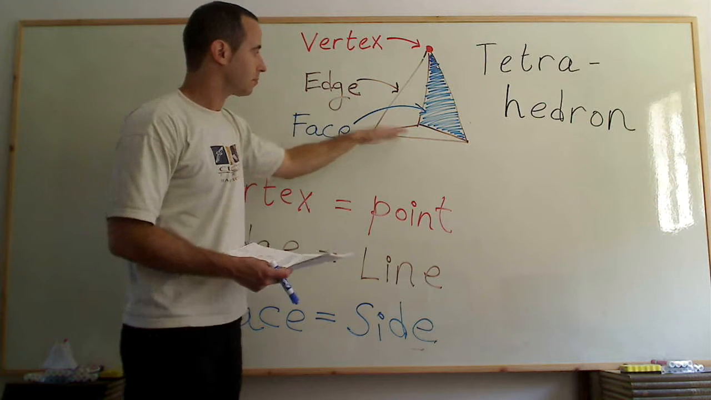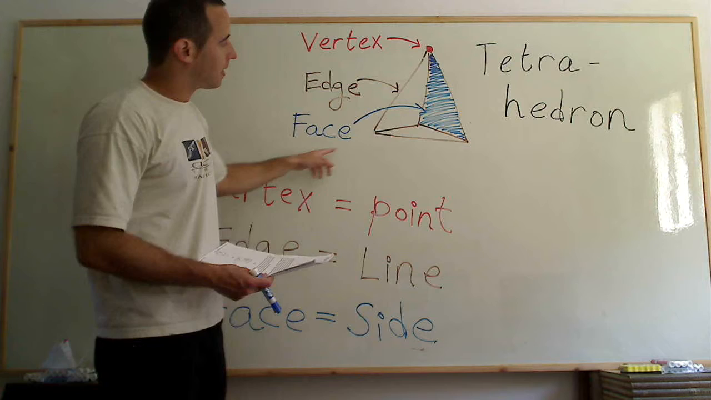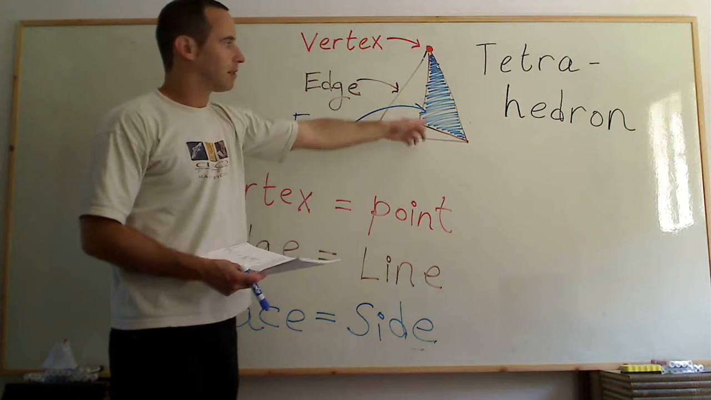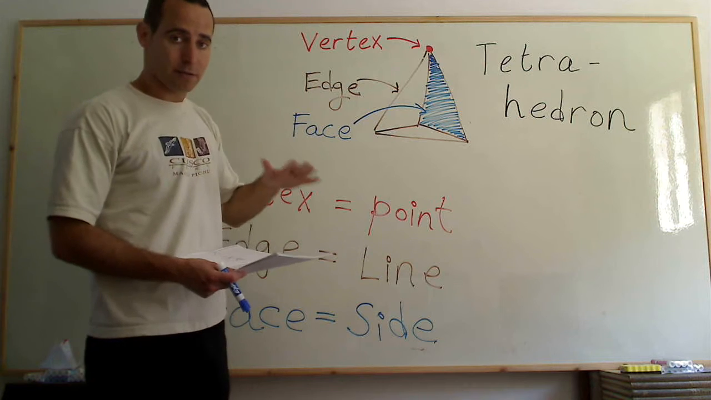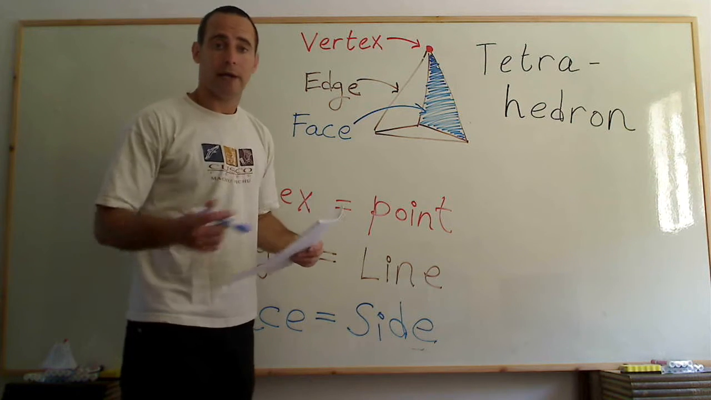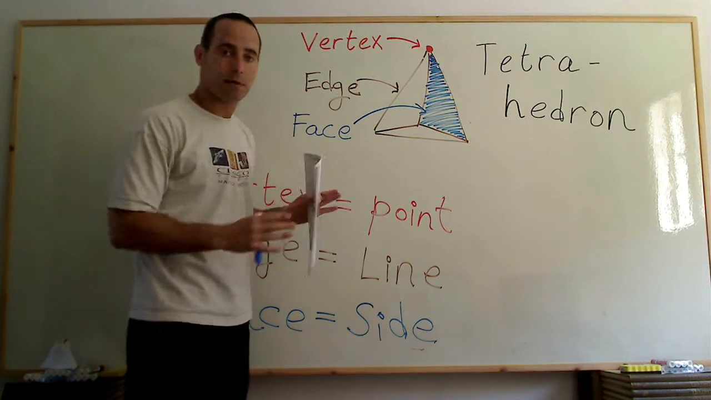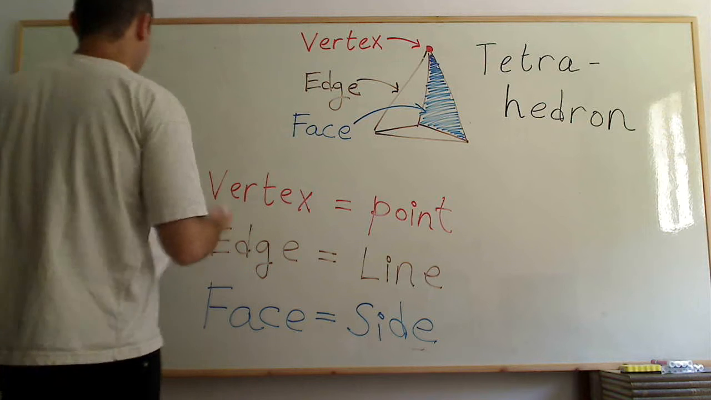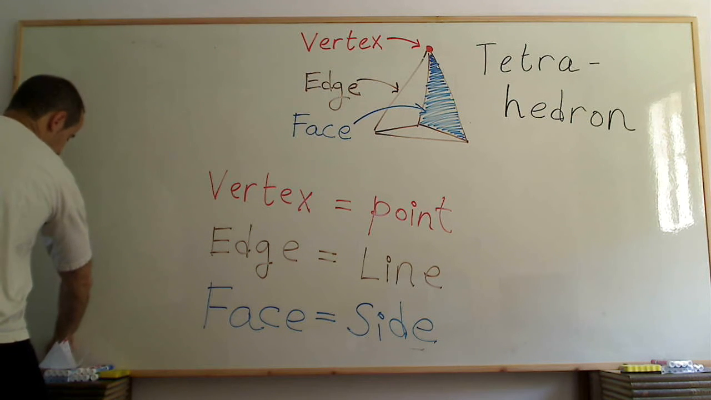If we say edge, we mean a line. And face is each one of the sides of the shape. Let's draw something so that you wouldn't think only about the tetrahedron. If we have a cube,